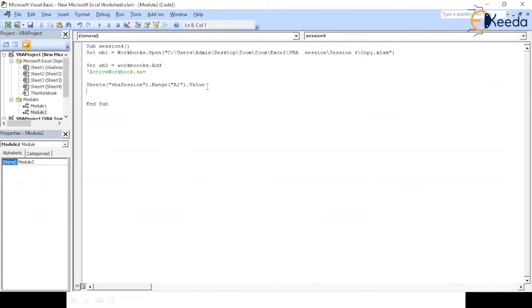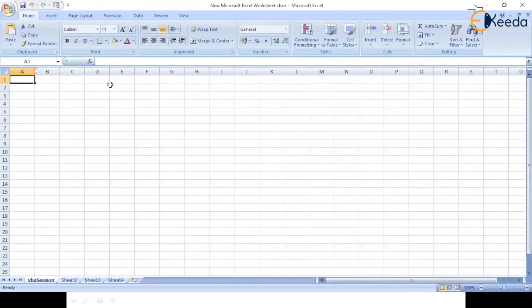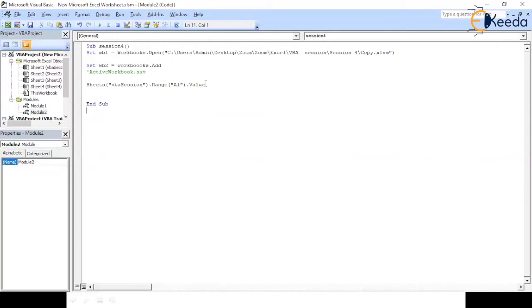So this particular line now points to range A1 or cell A1 on this particular sheet of the active workbook. So on this VBA session worksheet, in A1, now it is referring to this particular line. You can set data to this particular cell, or you can retrieve data from this particular cell as well. Setting data is just saying equals to, maybe I'll put in my name. That's it. And retrieving data, maybe you can say X equals to